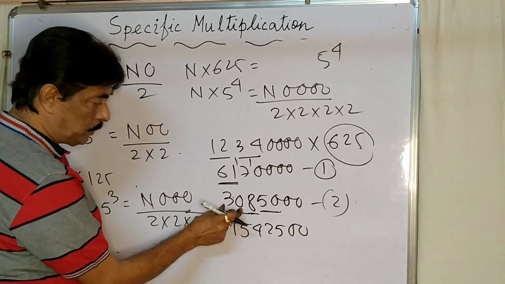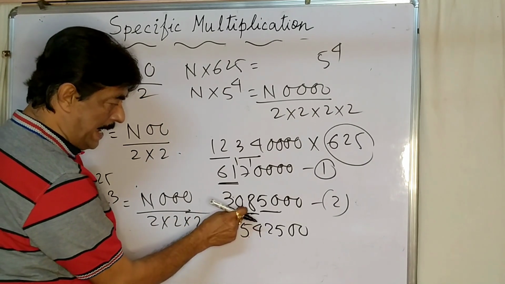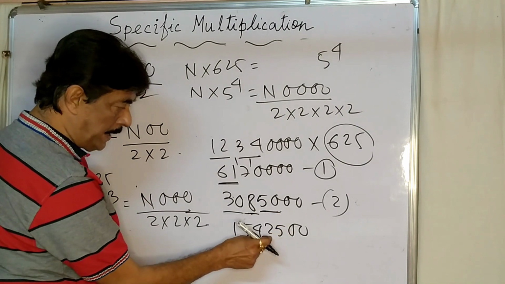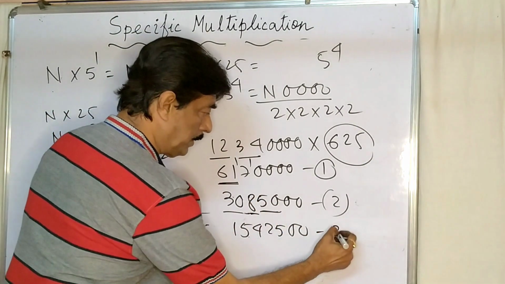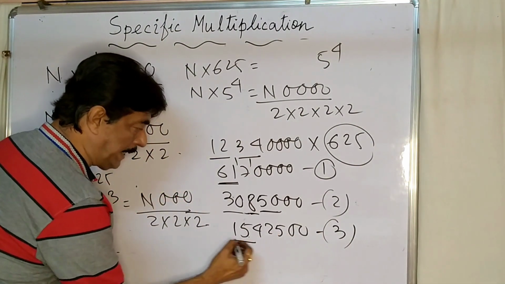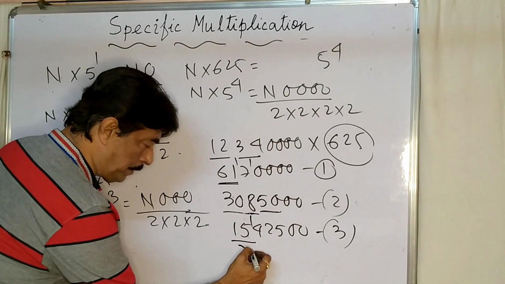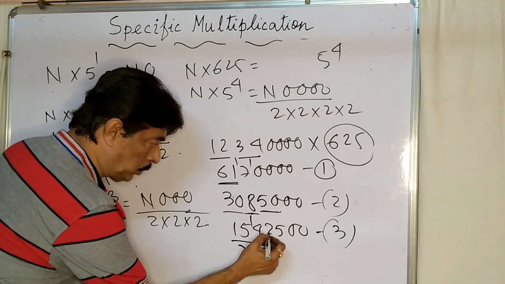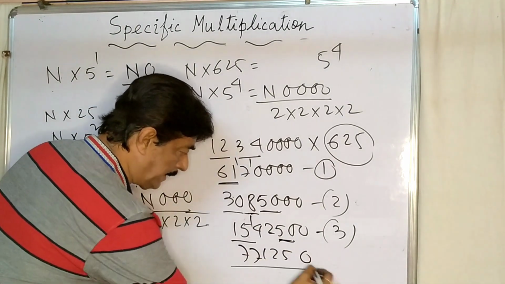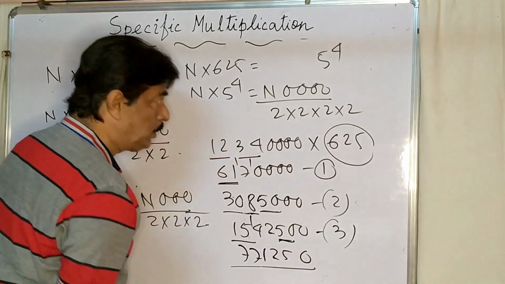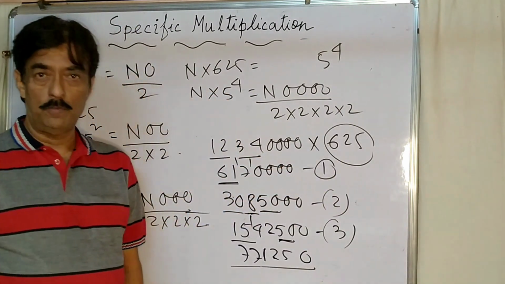There is no rule. You can control 30, you can control 3 only. So 30 divided by 2 is 15. 8 divided by 2 is 4. 50 divided by 2 equals 25. Which is compulsory, we can take the pair. The third step. Fourth step again. 15. Previous even number is 14, 7. 14 divided by 2 is 7. 2 by 2 is 1. 50 by 2 is 25. So 0. Your answer is 771250 when the number 1, 2, 3, 4 is multiplied by 625.